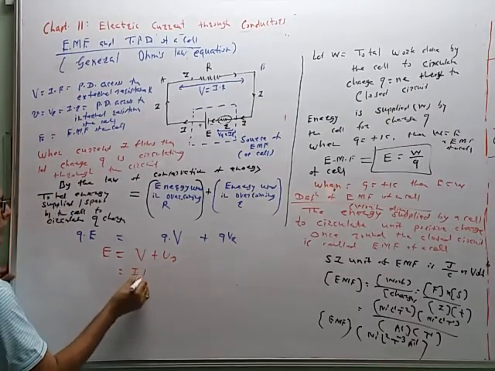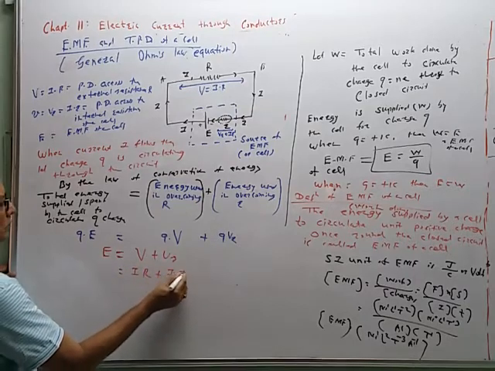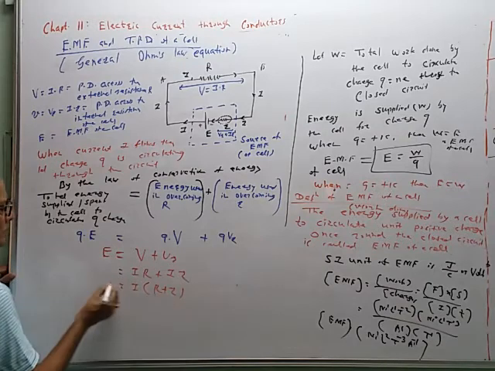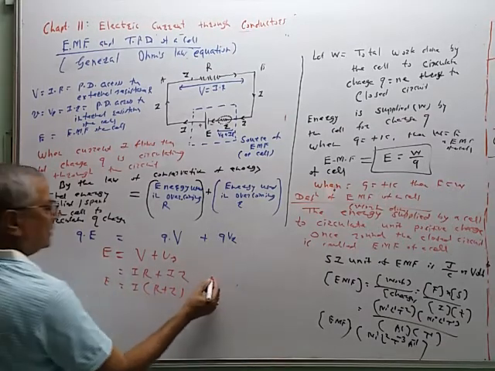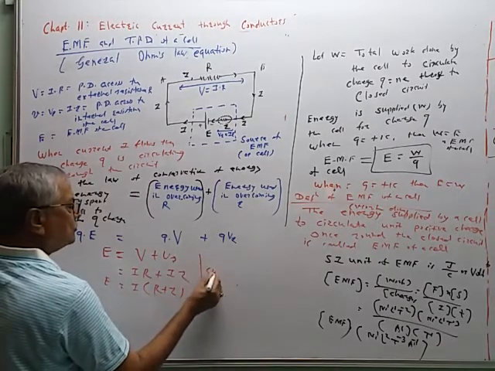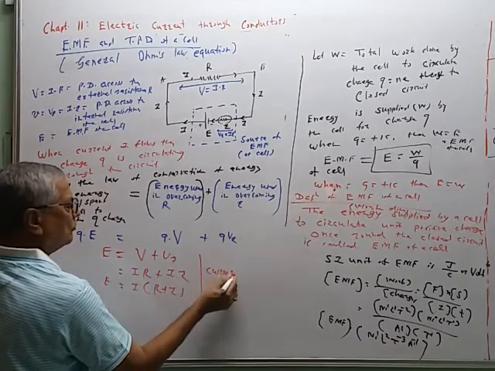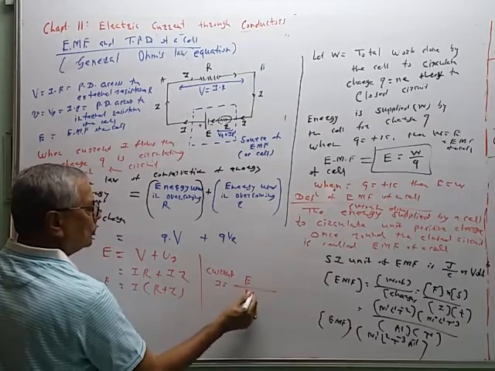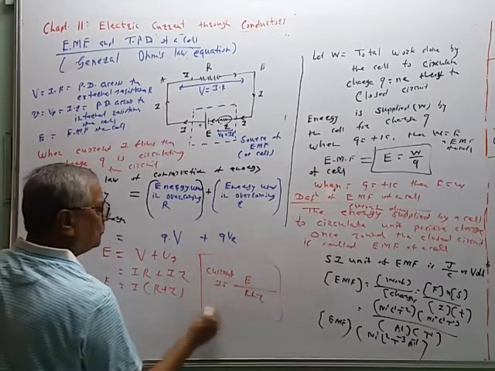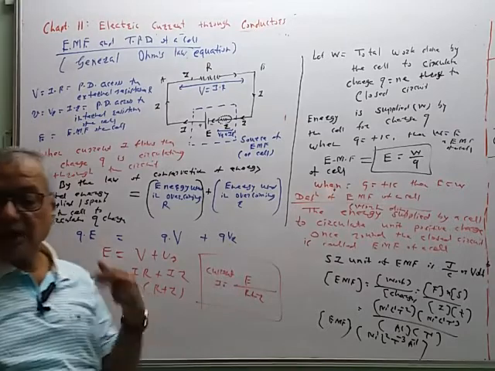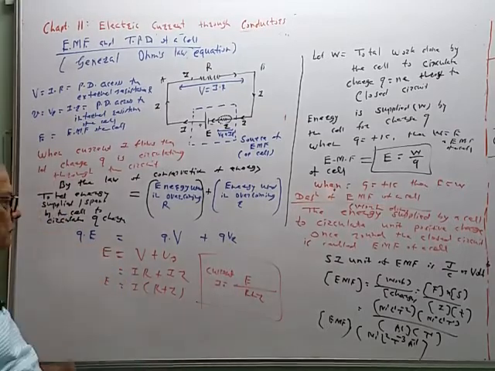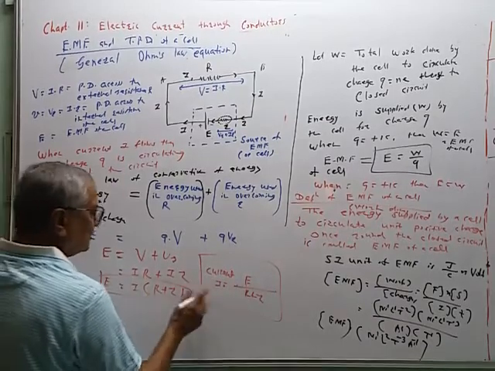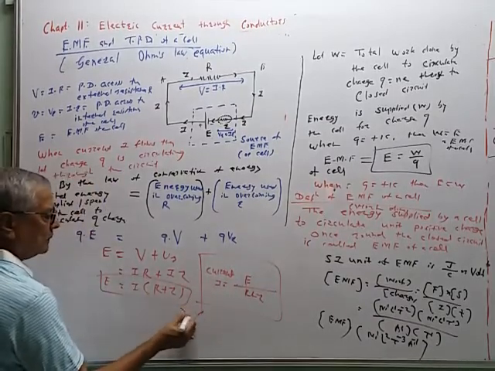So this is equal to I into R plus I into r. So I common, R plus r is the total resistance in the circuit, and therefore current I is equal to EMF in the circuit upon total resistance. So I is equal to E upon R plus r. Both equations are the same, and these are known as